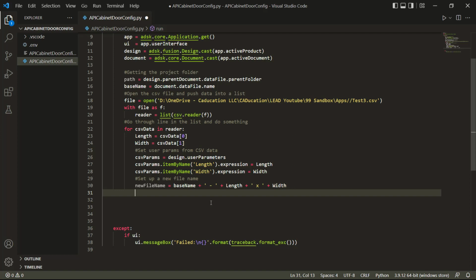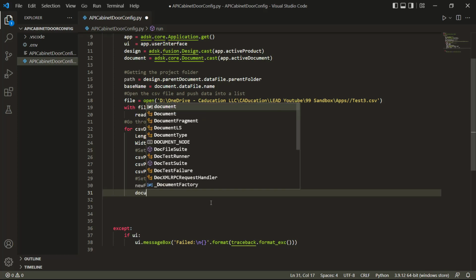So now the next bit we can do is set up another UI message box and display that file name for us, or we can just go ahead and try to save it since this is essentially the last step in the project. So what we're going to do is, for access to SaveAs, it's going to be inside of our document. So the document is our Autodesk Core document, which is the current active. So we're going to say